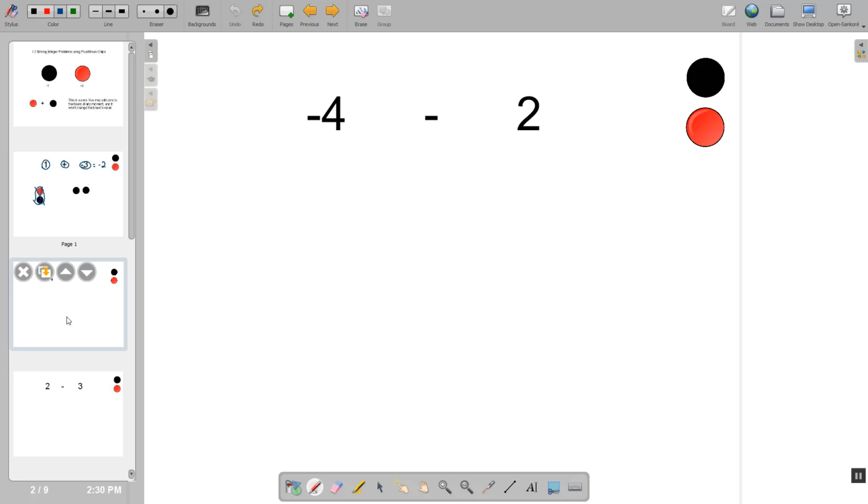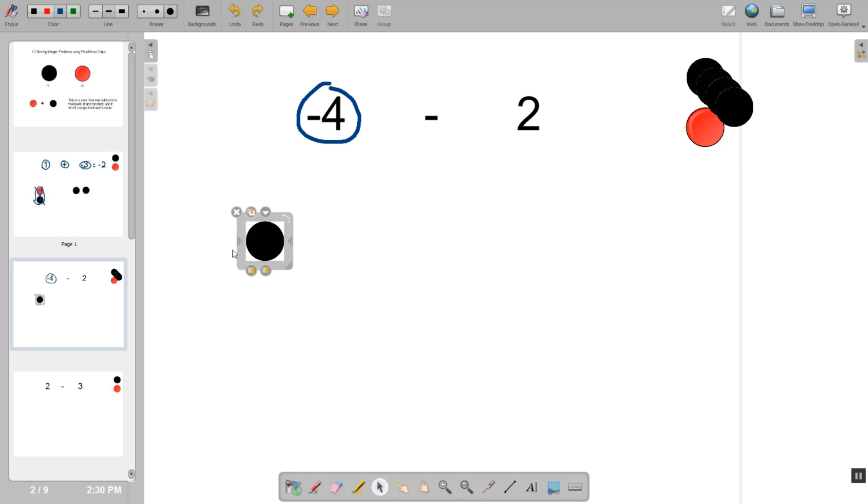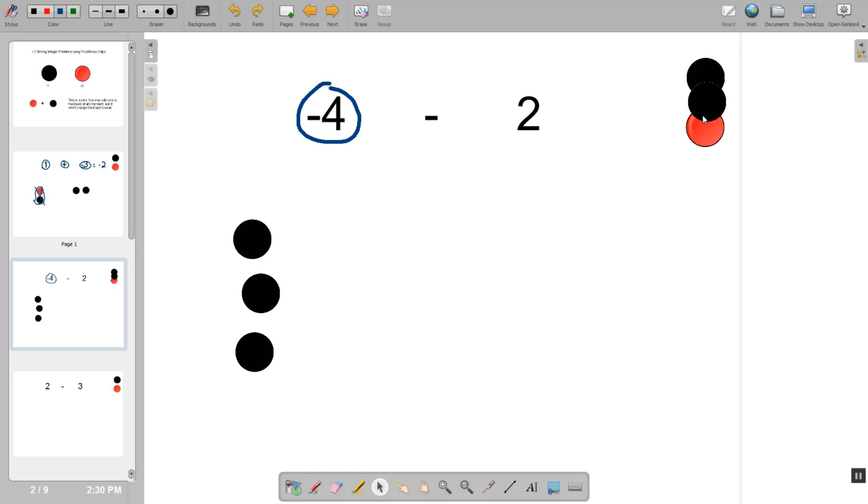Moving to the next problem, we are going to start with our first number once again. In this case, our first number is negative 4. So we are going to put 4 negative chips on the board. 1, 2, 3, and 4. Now for this problem, we are taking away